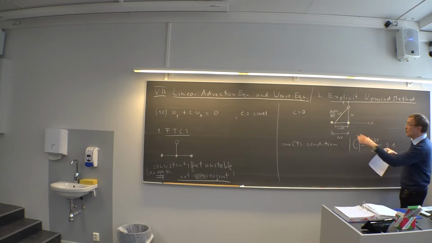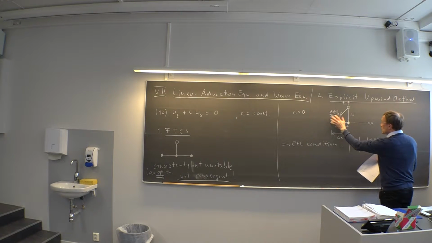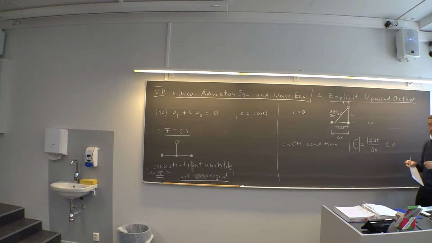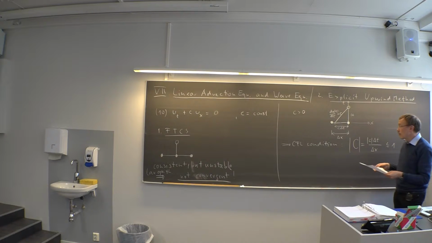We will not take u_j minus 1, we will take u_j plus 1, because then the flow is going that way. And that is also what we investigated in one of the exercises. So that is the stability condition here, and that we can show by the von Neumann stability analysis. Regarding accuracy,